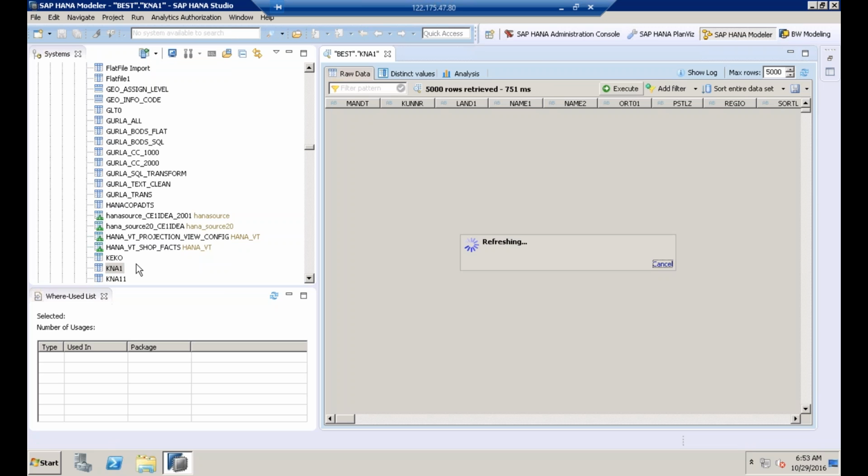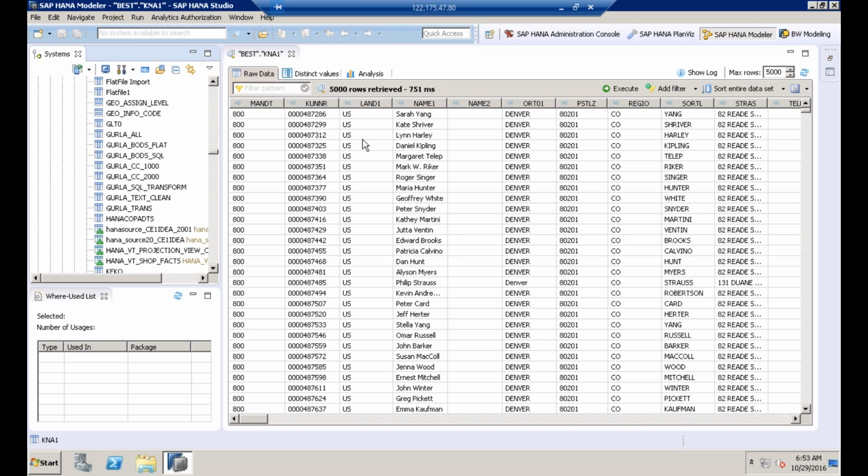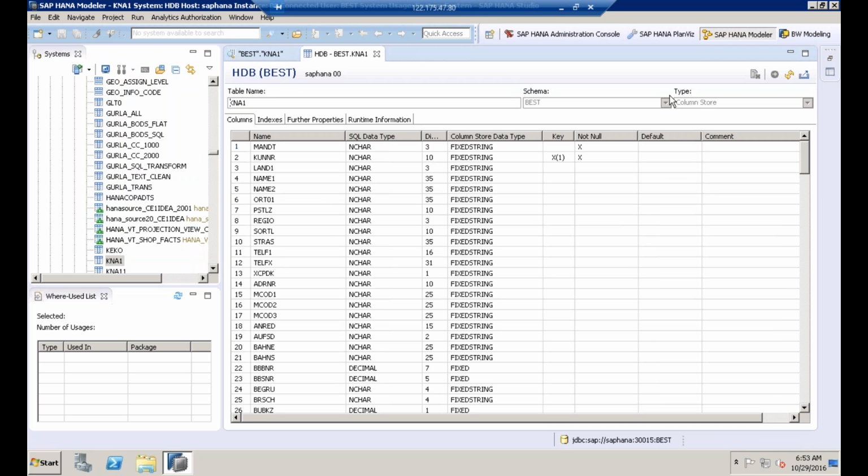So this is the customer table, KNA1. You have all the customer related data. Just in order to see the structure of the table, right click and click open definition. Here you see these are column stores. If participants are already from an SAP background, this is just like SE11, where you can view tables, modify tables, create